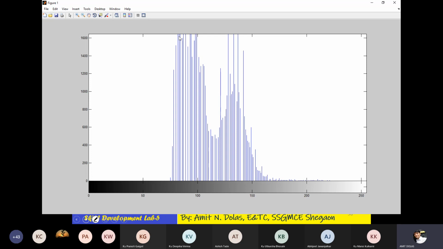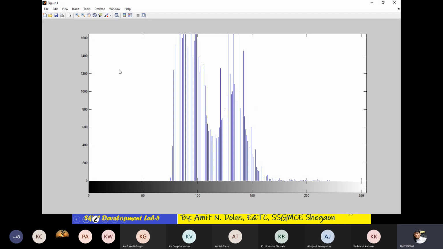Those intensities which touch the upper part of the graph occur more than 1600 times. This intensity occurs near about 1300 times. So the frequency of a particular intensity is shown here graphically.